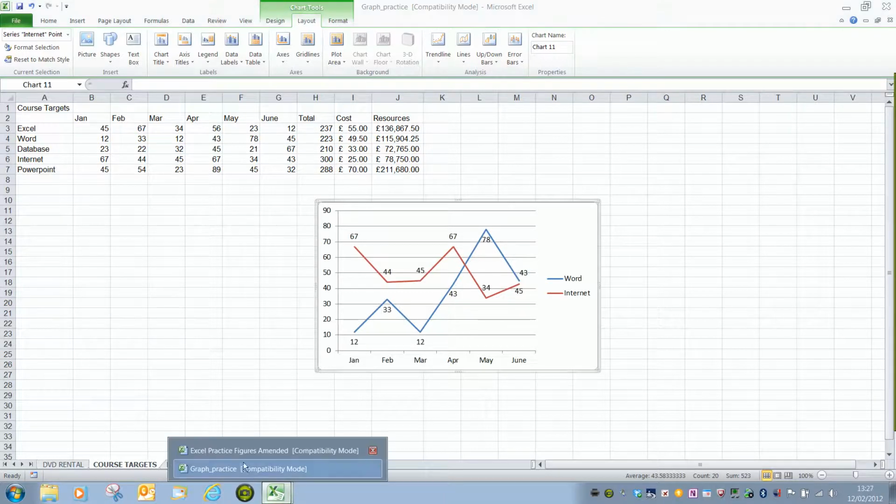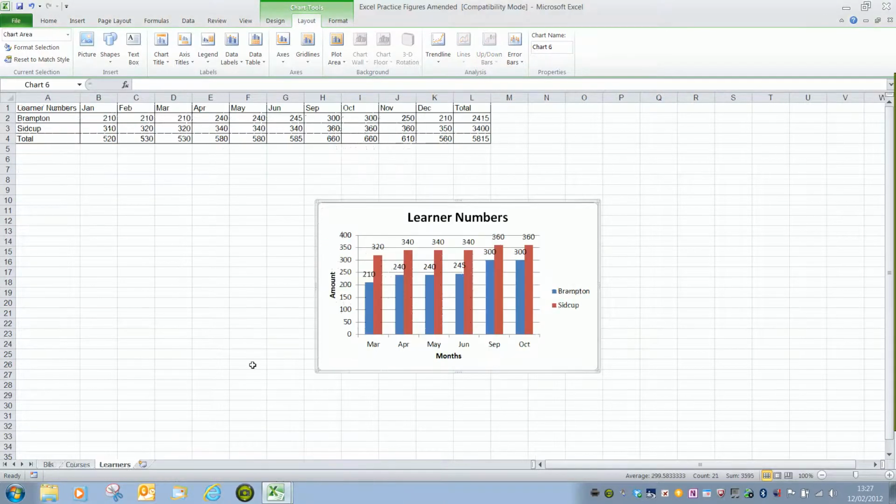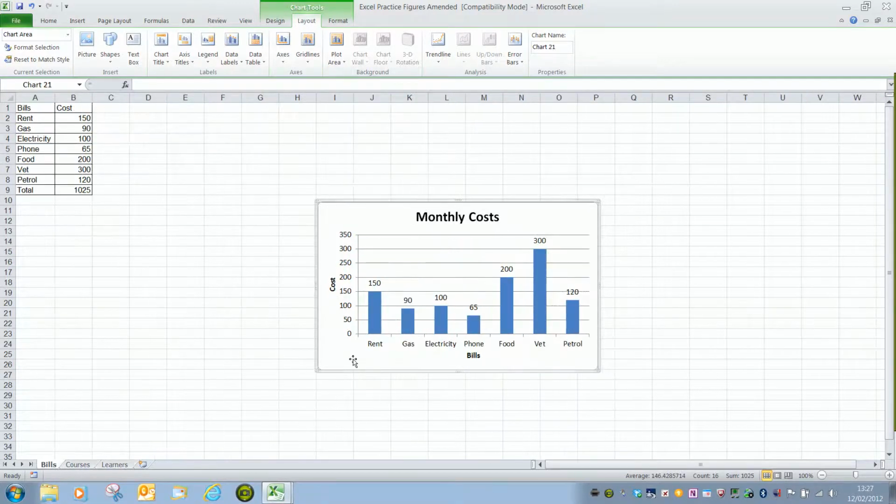If we go back to the bills figures, now look at making changes to the y-axis range. As I say, the reasons to do this are because it could be that you're looking to save paper or give more of an impact to a chart. We can see that nothing goes below 50, so perhaps we could have the chart starting at 50